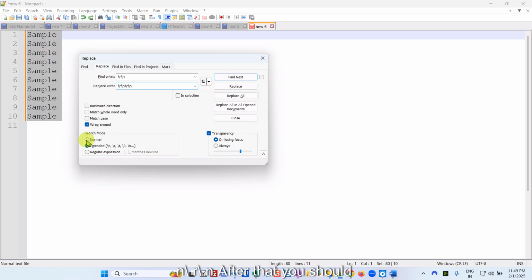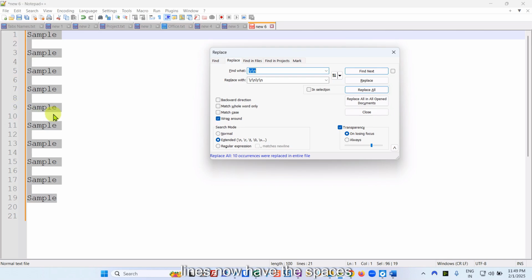After that, you have to select Extended. This should be selected. Then click on Replace All. You can see here all the lines have spaces between them. So this is the way you can add the